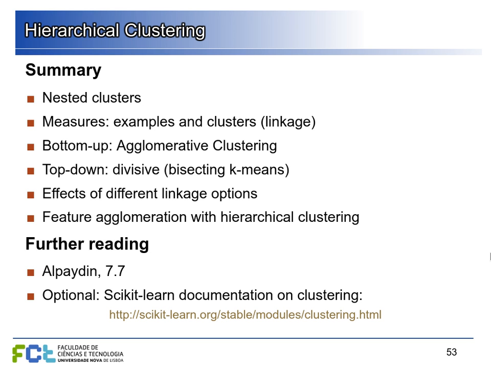The other possibility is to start from the top and divide everything and keep going down. For this divisive clustering, if we wanted to explore all the possibilities, it would have a huge space of possibilities, 2 raised to the number of points. But usually we use some kind of quick algorithm for clustering, for example, k-means with k equal to 2, and we do the bisections like that. So we use this kind of heuristic, greedy approach to explore this space more quickly. We also saw a bit the effects of different linkage options